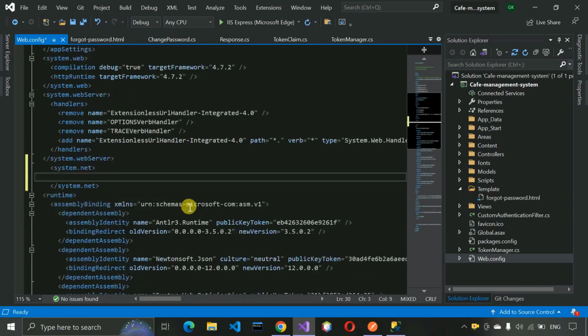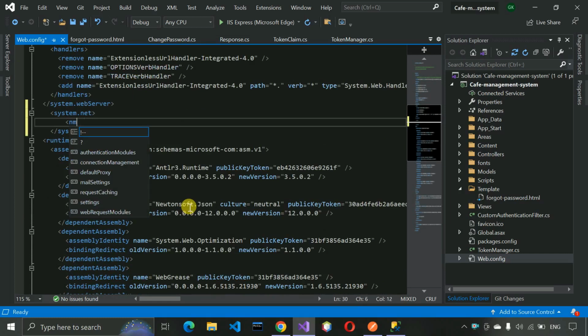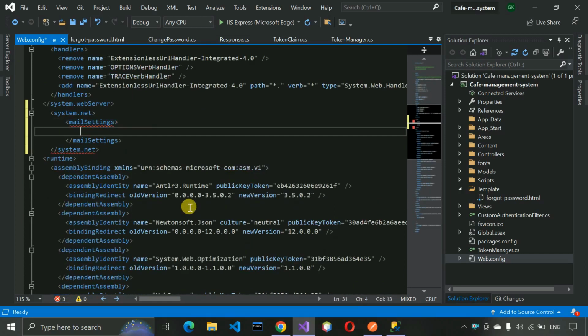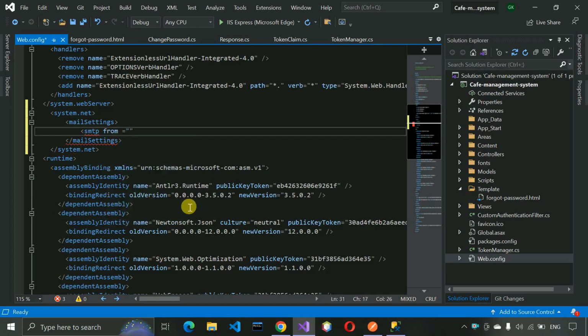Close this one. Let's scroll this one. After that, mail settings, and here we write smtp from, and here we have to write